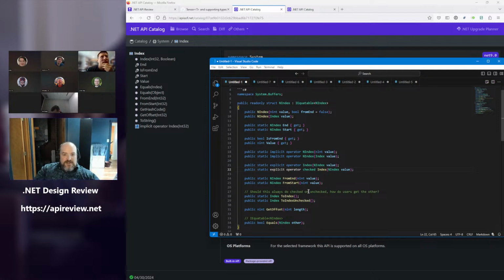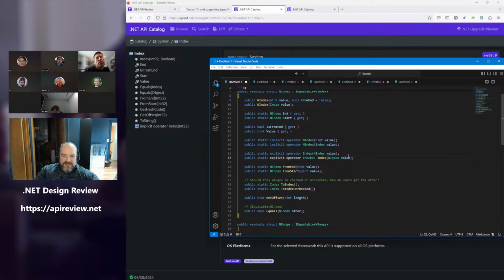All right, so FromStart, FromEnd match. Is FromStart, FromEnd value match. Having constructors matches. We have the conversion from the existing Index type and back to it, which is where we get these operators here. We don't undo this one with a name here because that's the function of the GetOffset function.